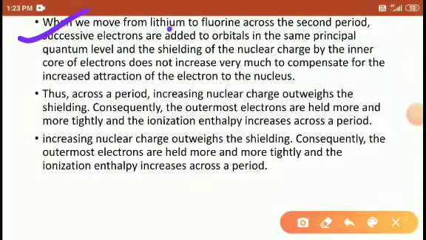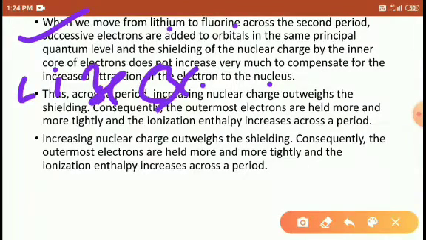When we move from lithium to fluorine across the second period, the successive electrons are added in the same principal quantum level. The shielding by the inner core of electrons does not increase enough to compensate, so the attraction of the electrons to the nucleus increases. So we have already discussed this point, students, as we move from lithium,